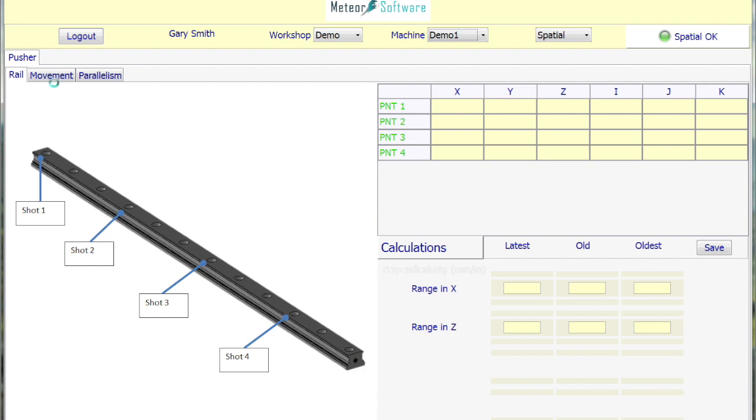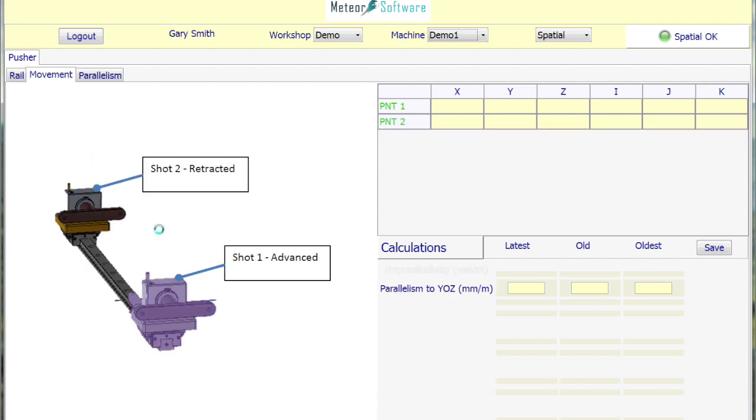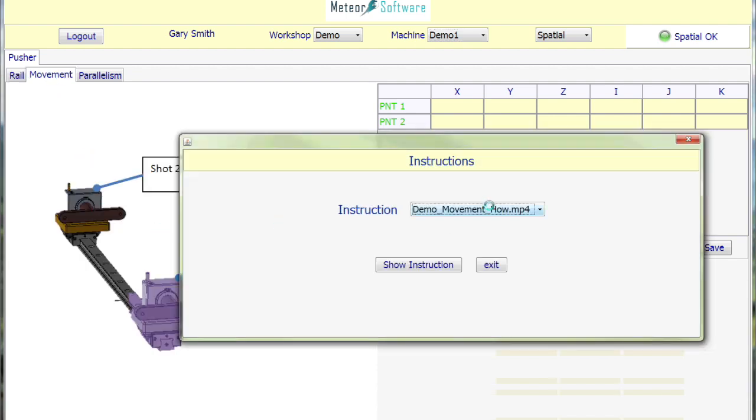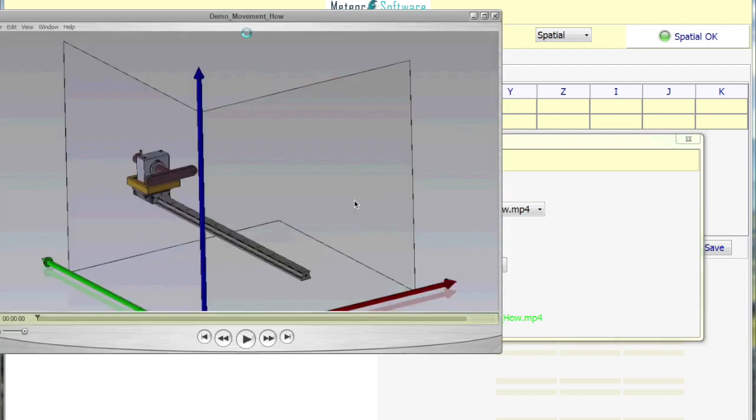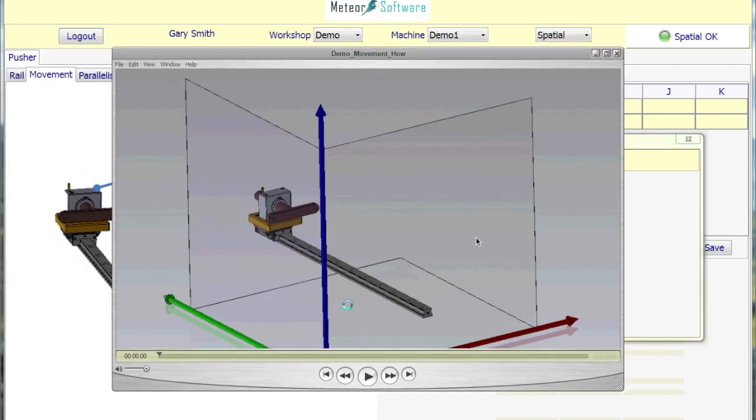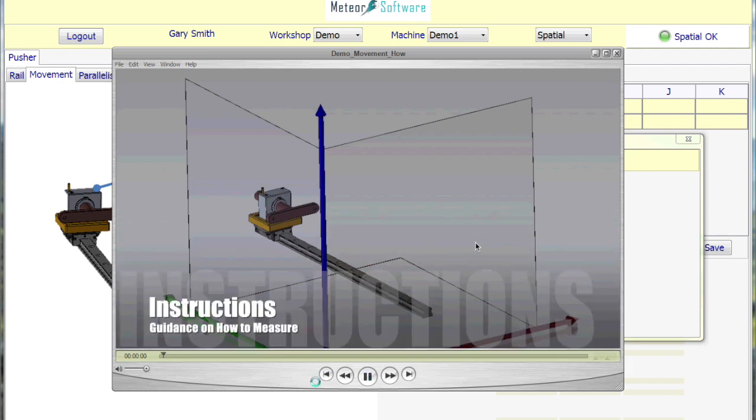So very interesting. Moving on through to movement again, if we click on it, we can see that in this case there are 2 documents, a how video and a why video. So let's see the how one, let's see what it says. So up it comes, again, a very technical explanation in this case, hopefully to show what needs to be done, how it needs to be done, and a little bit of guidance, which may be useful because your users may